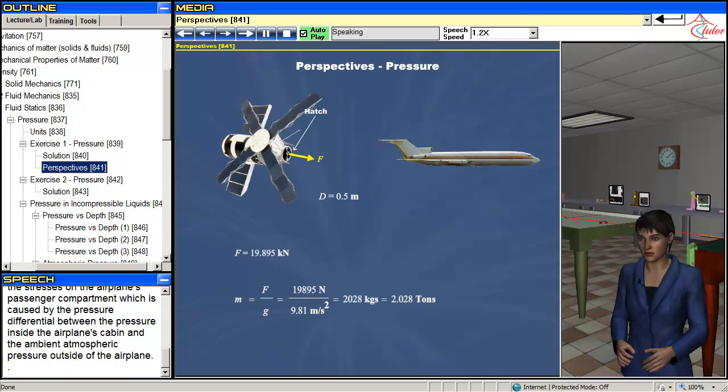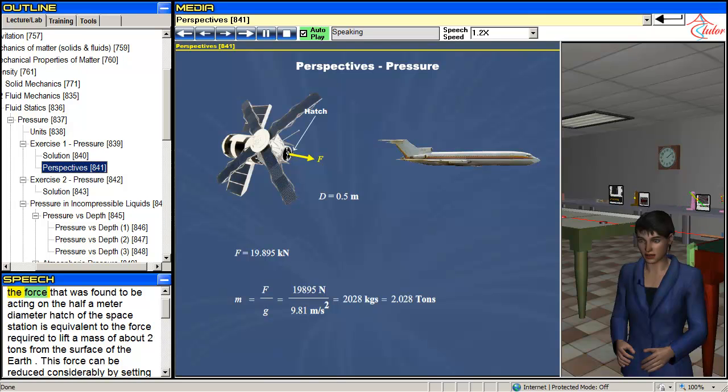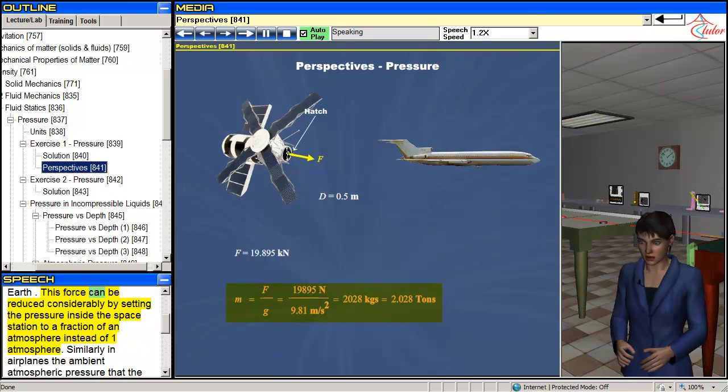To put things into perspective, the force that was found to be acting on a half-a-meter diameter hatch of the space station is equivalent to the force required to lift a mass of about 2 tons from the surface of the Earth. This force can be reduced considerably by setting the pressure inside the space station to a fraction of an atmosphere